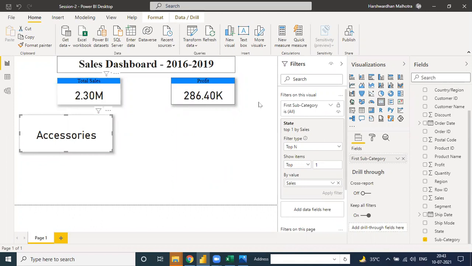No, in the top items, because it is a simple card, it only shows one value. That's why we are providing one. For two, three, four, or five, there is another card, the multi-row card. We will train with that next. These are only for one type of card.